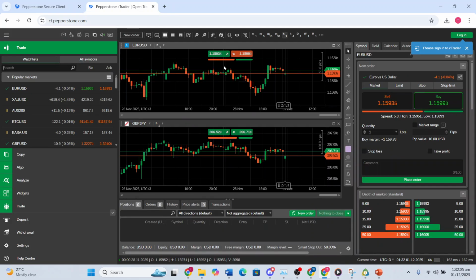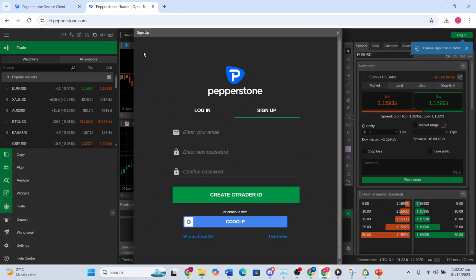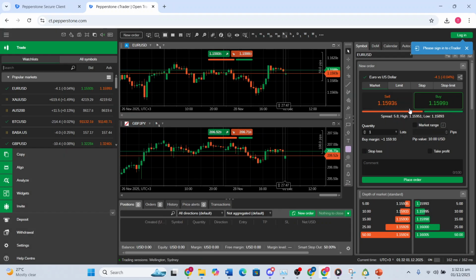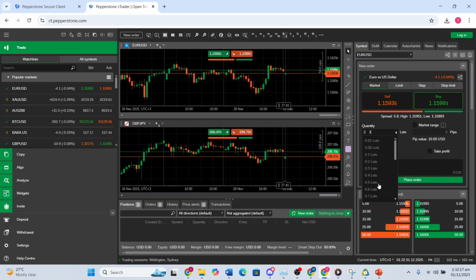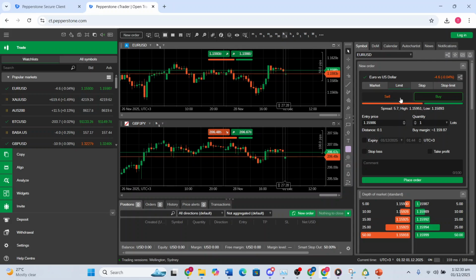Now here, if you want to place an order, you can come here, click on new order. And for these, of course, you need to be logged in. But here you can see the buy and sell section. The same process, right? You select your quantity, how many lots you want. Let's say 2 lots. You'll see the value here, the buy margins, how much you're going to have to spend for this. And here you can see whether you're going to buy, sell,